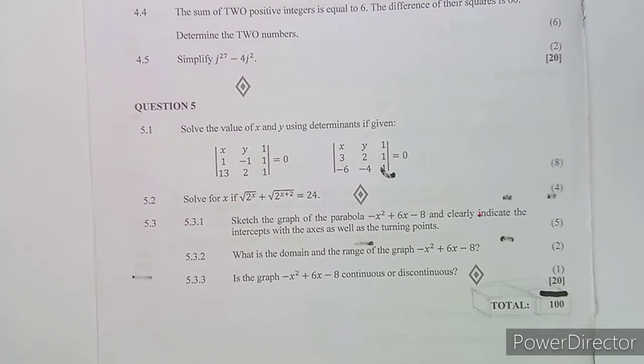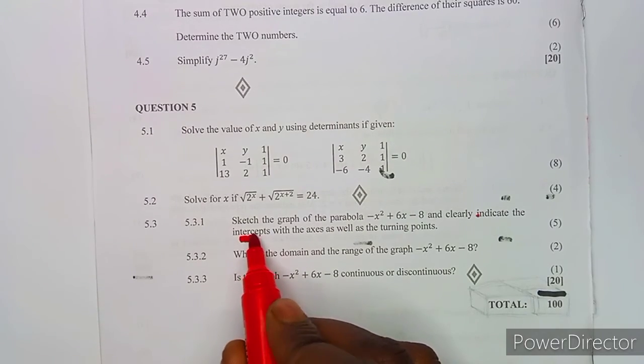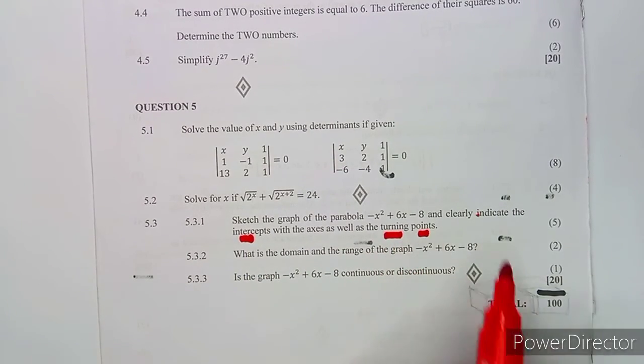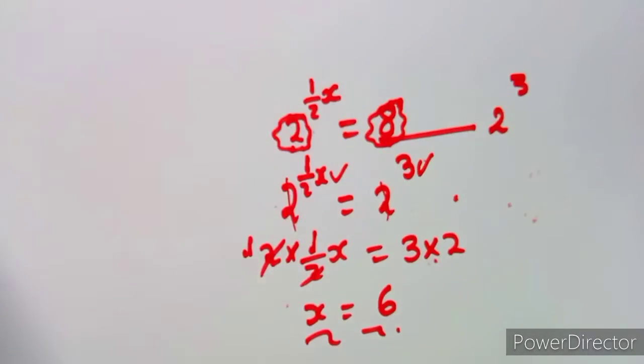Okay, let's see the other question that we had, which is to sketch the graph of a parabola. That's a parabola there. Clearly indicate the intercepts with the axis as well as the turning points. All right, take note, guys. We need the intercepts with the axis as well as the turning points. These are the most important things. All right, so that's